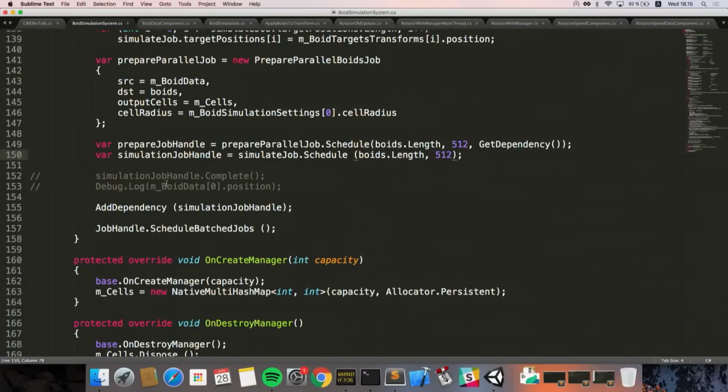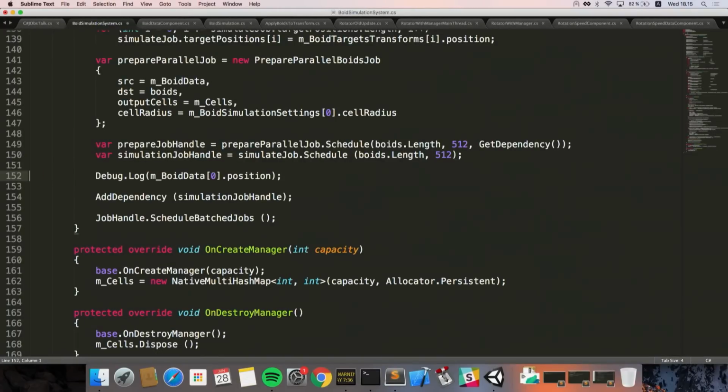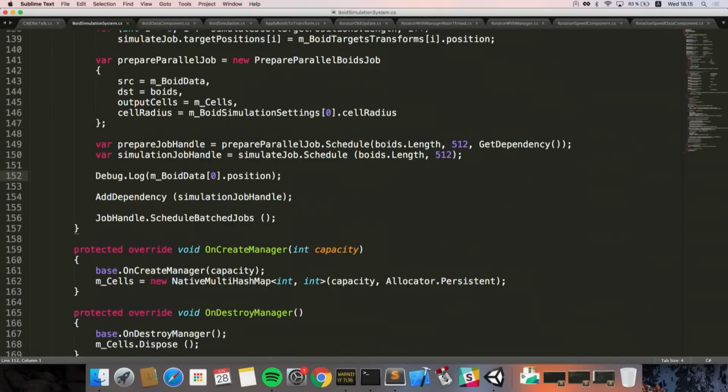If you added a line like this on the main thread, maybe accessing this array of Boid data, it would simply tell you that you need to wait for the job to complete before you can access the data. And so basically, there's this whole safety system around to make it rock solid, and it's impossible to create race conditions. Right now, of course, you have basically a couple of different jobs and a very restricted environment. And over time,